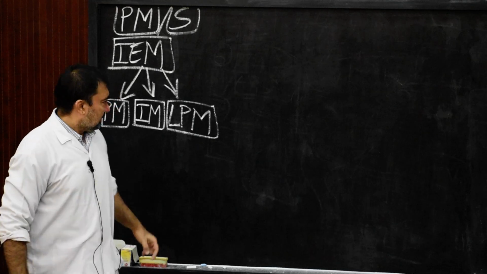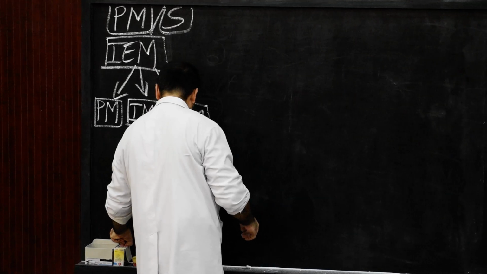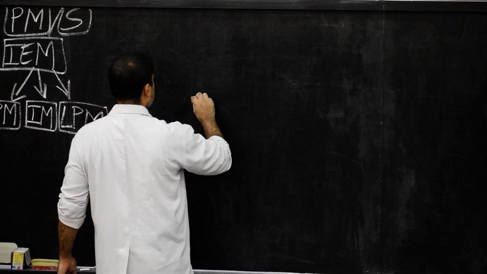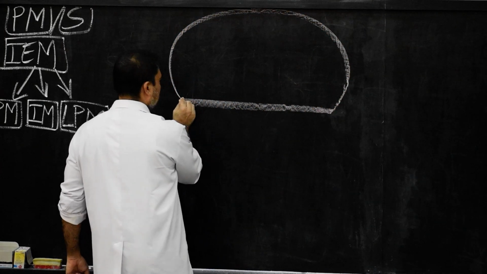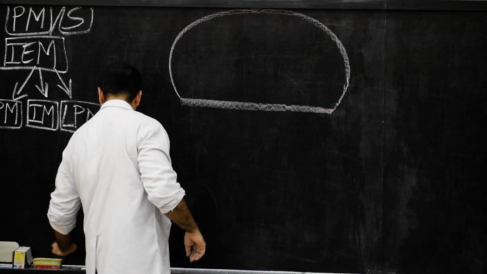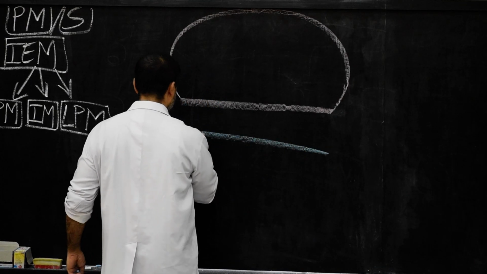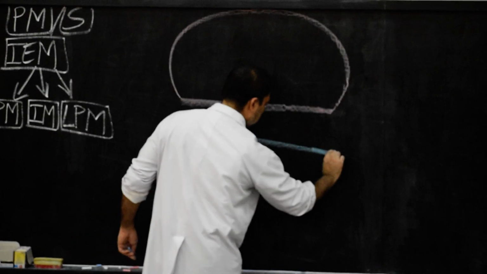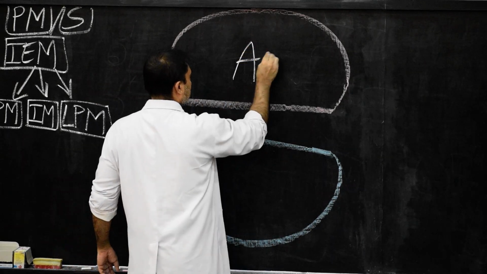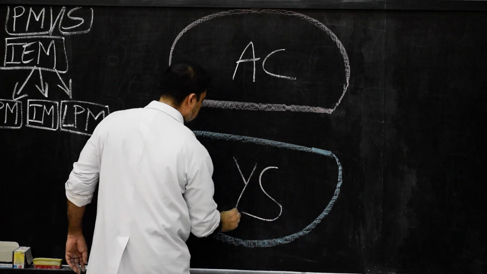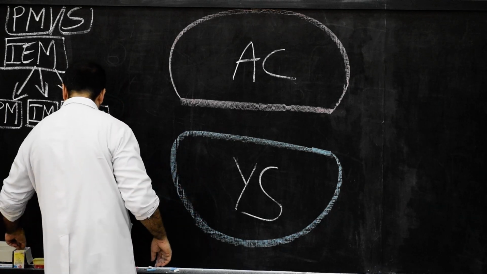Now we go further. As we go further, first, please come on this side. Here we are going to draw, let me draw here. This will be simple amniotic cavity, and below the amniotic cavity we will draw once again very simple. This will be the yolk sac. Very simple. So here amniotic cavity, yolk sac. Which section is this? Coronal section. Remember.